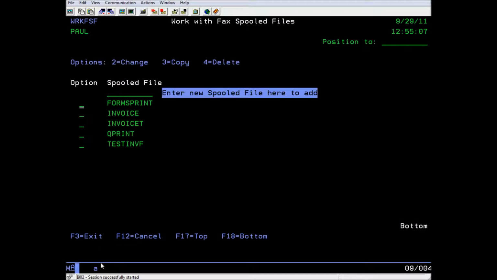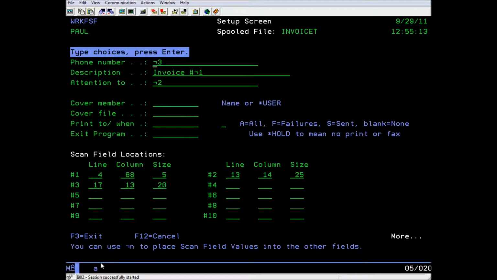I've already entered a record for Invoice T, so I'll open it up now and show you how it's configured. We start with the scan fields. KeyesFax is able to pull information out of the spooled file in specific positions, which we define here. We use the negate symbol, which is available on every 5250 keyboard, as an escape character to define the substitution fields. On a PC keyboard, the negate symbol is typically mapped to the left bracket key, just to the right